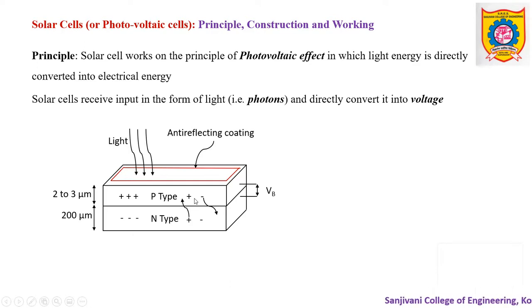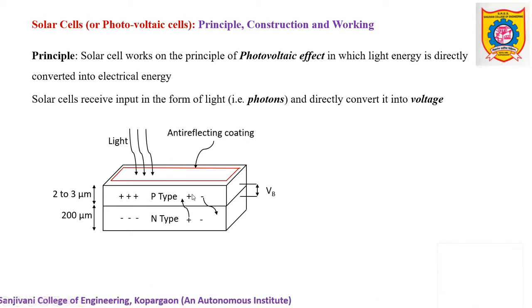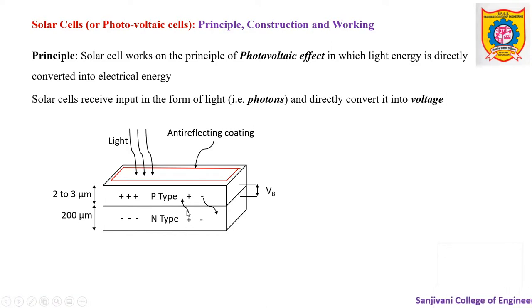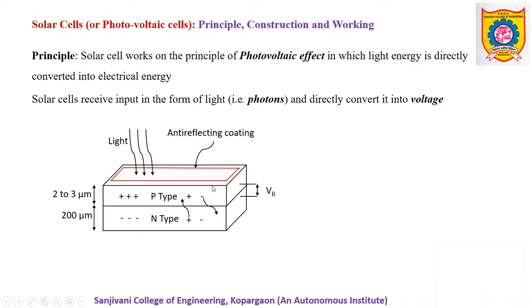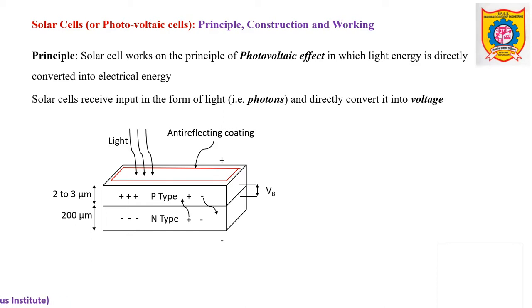Now because of this, what happens? Already this is a P type region, meaning there is greater density of holes. Few holes are created due to absorption of light, and few holes are getting shifted from the N region to the P region, and that is the reason why in the P type semiconductor we find net positive charge, whereas in a similar manner across the N region the net negative charge is produced.